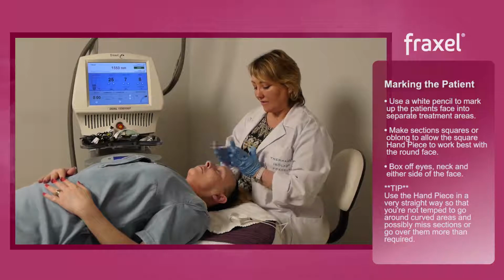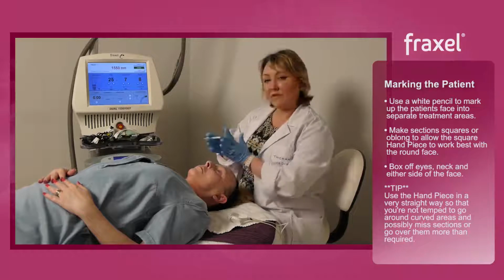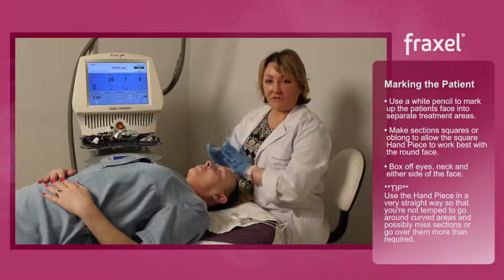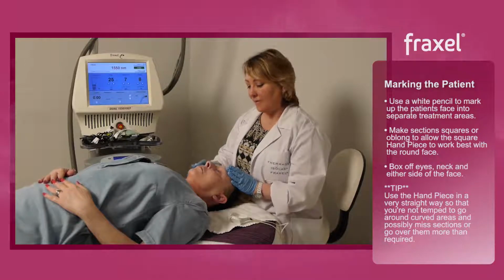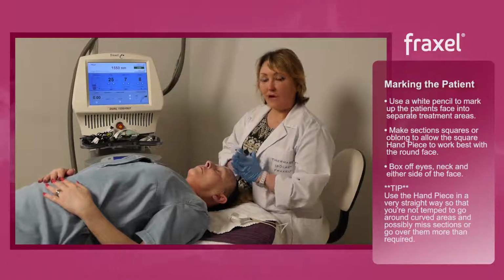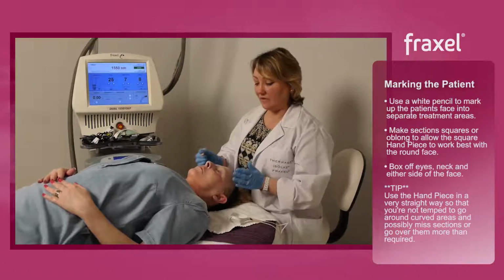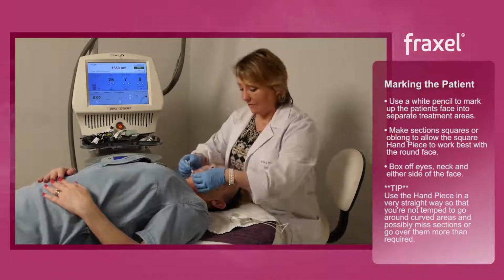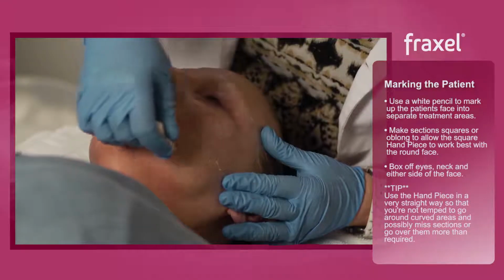So I'm going to section it off into squares or oblongs, and I'm going to use my device in a very straight way, as if I was cutting the grass, and then in that way I'm not going to be tempted to go around the curve of the face, because if I go around a curve then I'm always going to be tempted to go over an area again, or to under treat an area. So I'm coming straight down here and along there, making these squares and oblongs,